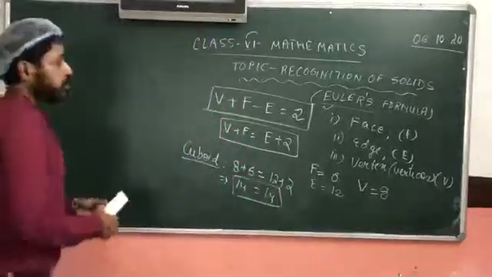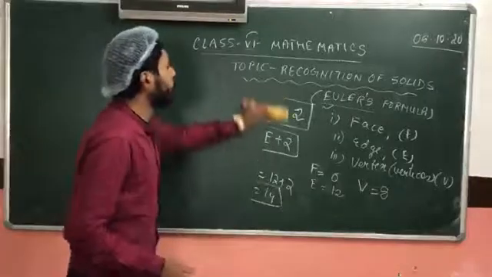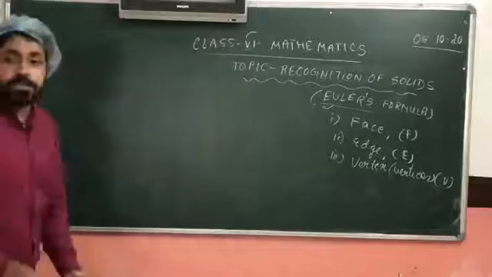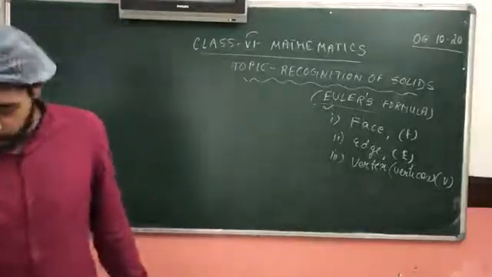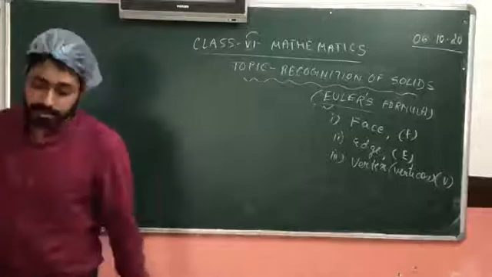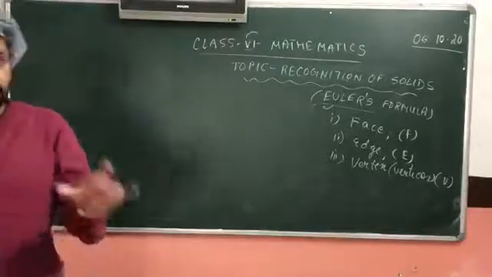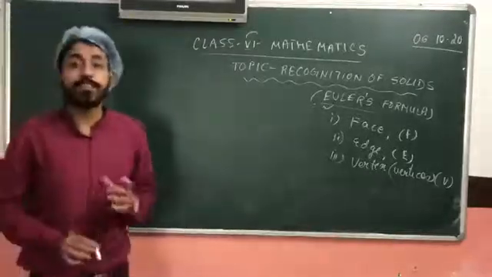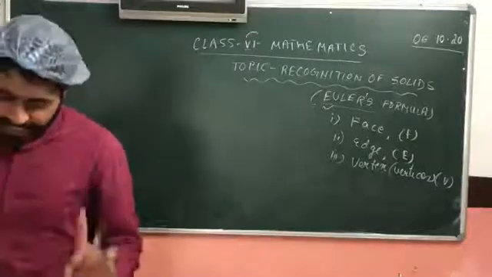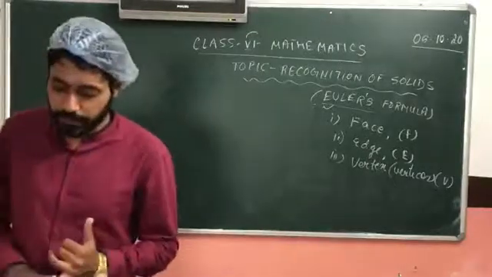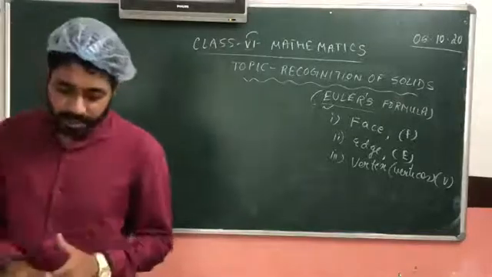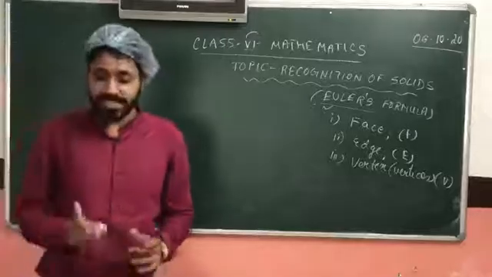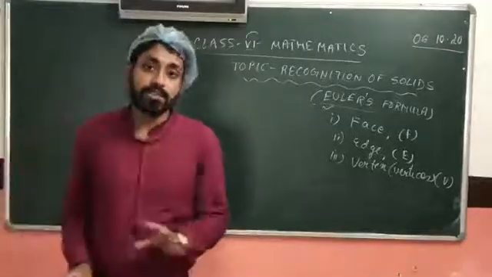Now, in your question paper, you will be asked to verify Euler's formula. For verifying Euler's formula, if you open your books to page number 292, you will see that there is a table. Solved examples, example number 2: find the number of faces, vertices and edges of the following solids and verify Euler's formula. You will see figures like triangular prism, triangular pyramid, square prism, square pyramid, hexagonal prism and hexagonal pyramid. We are not going to have the last two, the hexagonal prism and hexagonal pyramid; they are not in your syllabus.